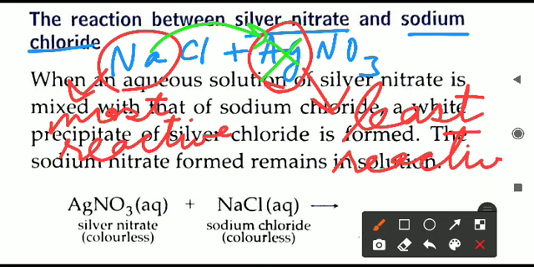That means the place where silver was, silver was with NO3. AgNO3 is written. So in place of this AgNO3, what will be produced? NaNO3 will be produced. Sodium will leave its chlorine. Sodium is with chlorine, silver is with NO3. So sodium will leave its chlorine and move towards AgNO3 and remove Ag, that is silver, from its position and form a new product, that is NaNO3.